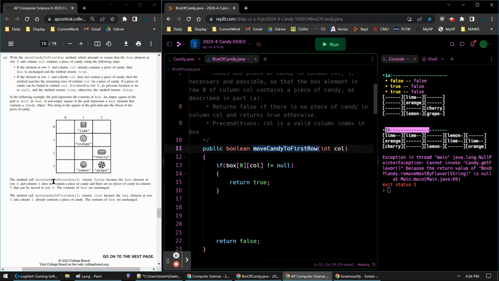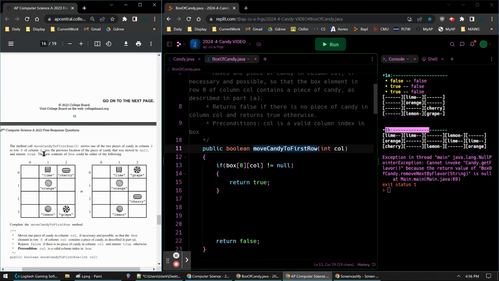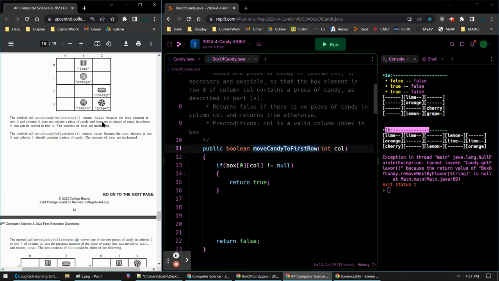But so let's get to the candy. Move candy to first row. So move candy to first row returns false, because there's no candy there. And then obviously nothing changes. Then if I call move candy to first row 1, it returns true because there's candy there. And then if I call move candy to first row 2, so this last row right here,